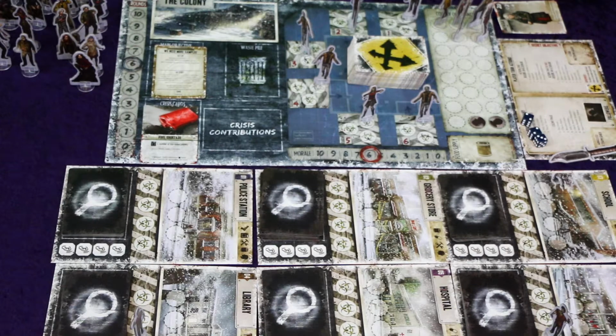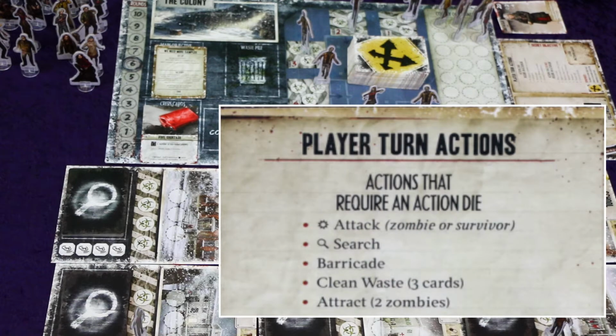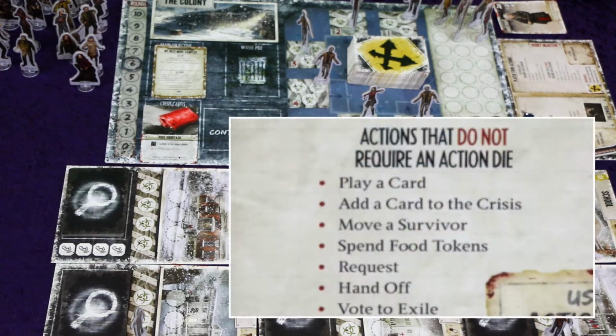I have 3 dice. Means I can take 3 dice actions and any number of other types of actions. Dice actions in the game are things like attacking zombies, searching locations, building barricades, cleaning waste from the area, or attracting zombies to your location. Things that don't require dice, you can basically do almost any number of times, or as you will. Let's play a card from your hand. Add a card to the crisis, which is done face down and secretly. You can move your survivor to a new location. You can request stuff from other people in your area, gear or something along those lines, and you can vote